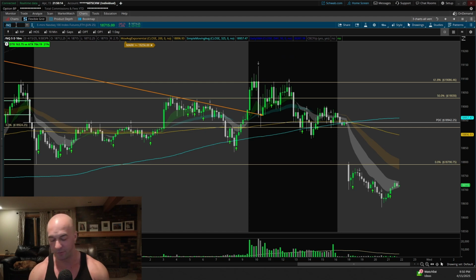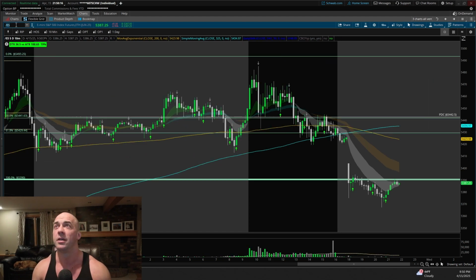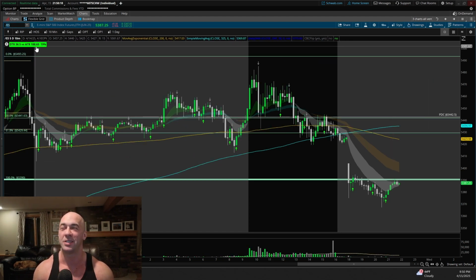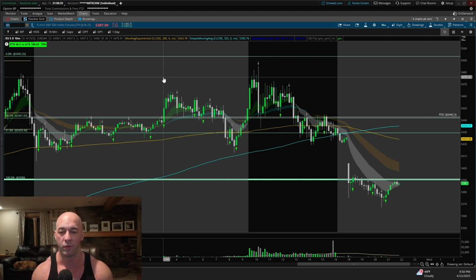Let's look at ES, for example. The current ATR on ES is almost 189. Again, once upon a time, the ATR on NQ was like 300, and this ATR was sub 75. So it's an extremely volatile environment that you want to be prepared for, and you want to make sure that you account